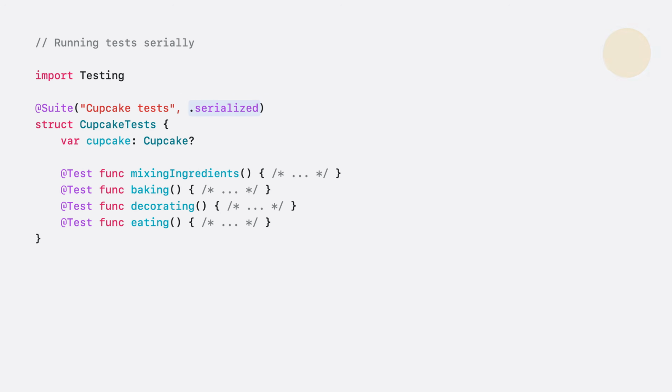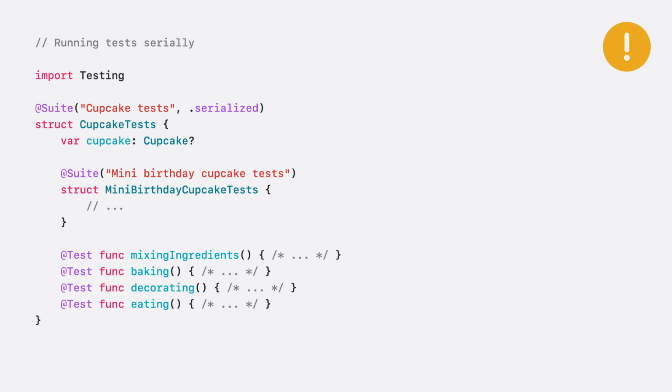As your first step, you may just want to convert your code to Swift Testing and come back to address those problems later. You may not be able to fix them all just yet, which is where the serialized trait can help. The serialized trait can be added to a test suite to indicate that its tests need to be run serially. These tests will lose the advantages we just discussed, so you should first consider refactoring your test code whenever possible to run in parallel. Serialized can also be applied to a parameterized test function to ensure its test cases run one at a time. If applied to a suite that contains another suite, it's automatically inherited and you don't need to add it twice.